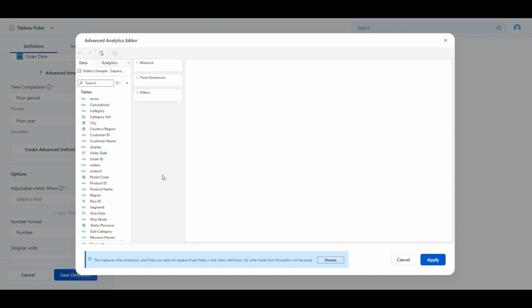For example, you can create calculated fields also. So actually it will be very helpful. For example, I just want to create a metric on the profit ratio, but I don't have a profit ratio column directly in the data source. So I can create that calculated column here, like this.